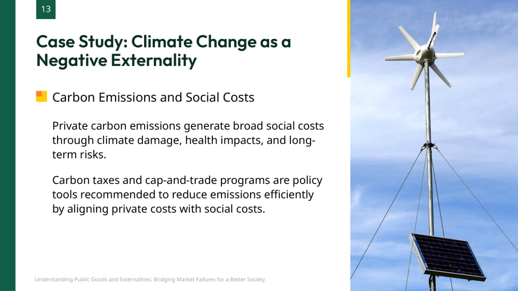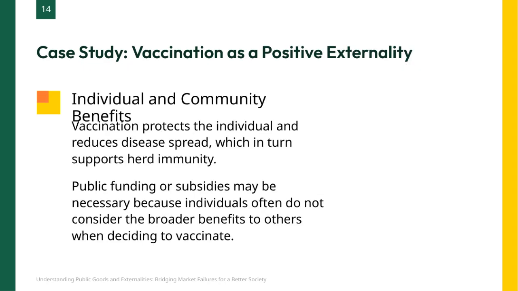The image here illustrates renewable energy solutions, such as wind turbines and solar panels, which play a crucial role in mitigating these external costs. Here, we're looking at vaccination as a clear example of a positive externality. When someone gets vaccinated, it's not just about protecting themselves from disease, it also helps reduce the overall spread within the community. This collective protection is what we call herd immunity, and it benefits everyone, including those who can't be